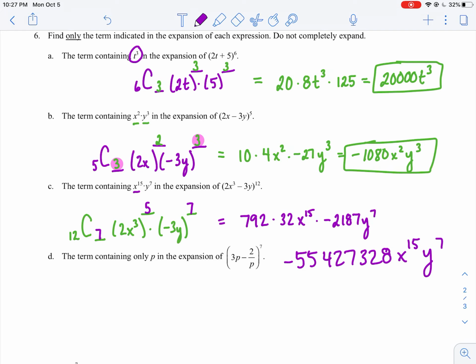It's just basically a quicker way to get to those individual terms rather than having to expand the whole thing out, right? So obviously, like in letter C there, if you're raising that to the 12th, you don't want to have to find all 13 terms. You want to just get to the one that you need. Now, to be honest, why you'd ever need it, I don't really know. But hey, why not? Math is fun sometimes, and we just